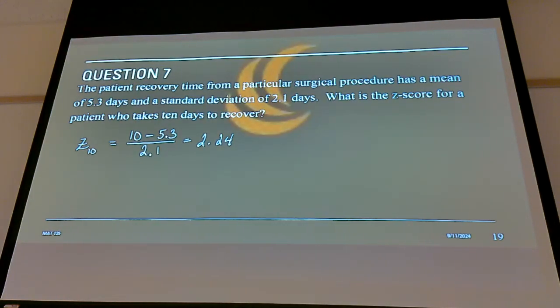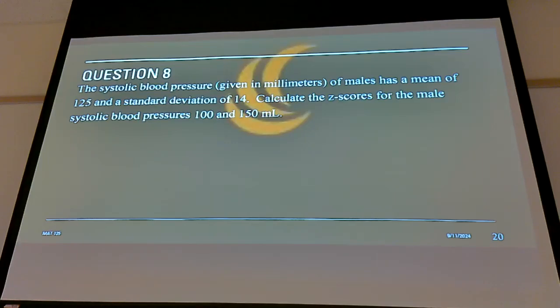Systolic blood pressure, given in millimeters of mercury, for males has a mean of 125 and a standard deviation of 14. Calculate the z-scores for the male systolic blood pressures of 100 and 150. So for 100,